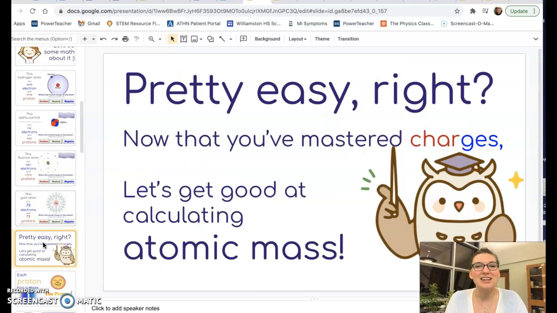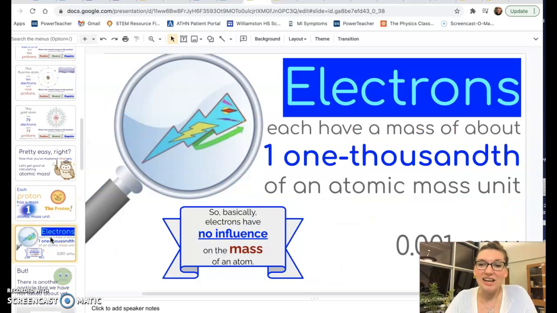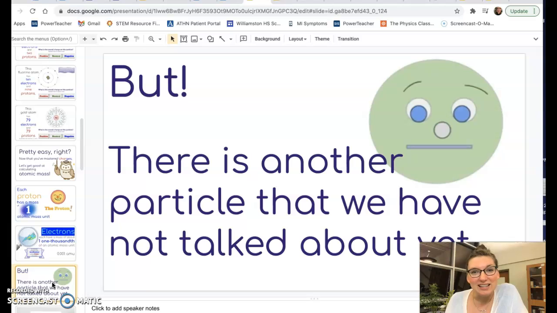Now that you've mastered charges, let's get good at calculating atomic mass. So each proton has a mass of 1 atomic mass unit, charge of +1, mass of 1 atomic mass unit. Electrons have a mass of about 1/1000th of an atomic mass unit, which means that you don't have to worry about electrons when you're calculating atomic mass at this level for sure. At some point, with big enough atoms, they're going to add up, but you don't have to worry about the mass of electrons, really. But there is another particle that weighs into an atom, and it lives in the nucleus, and it is called